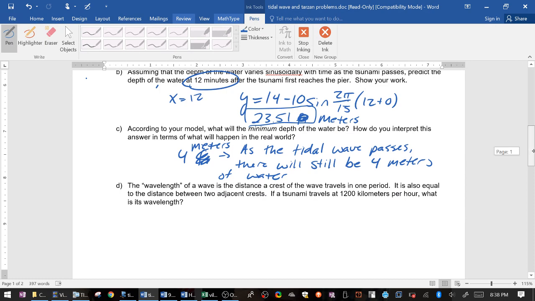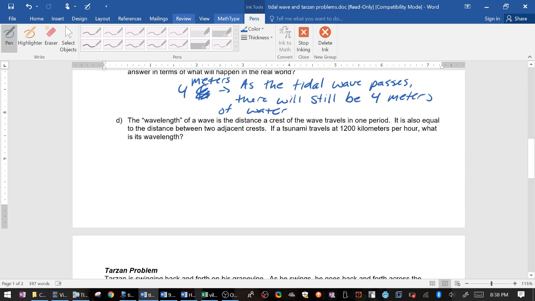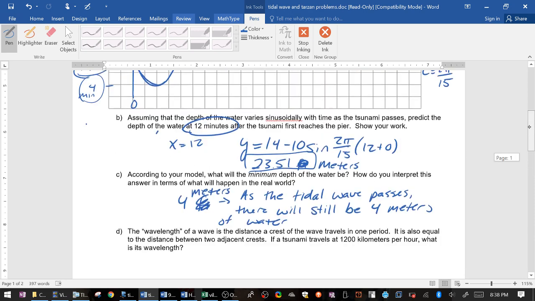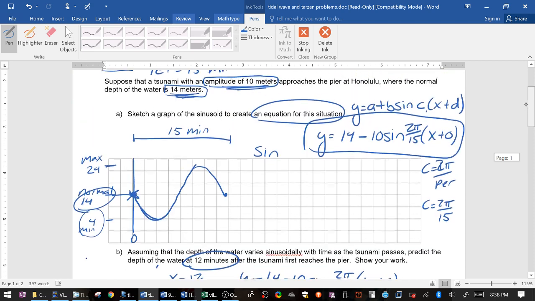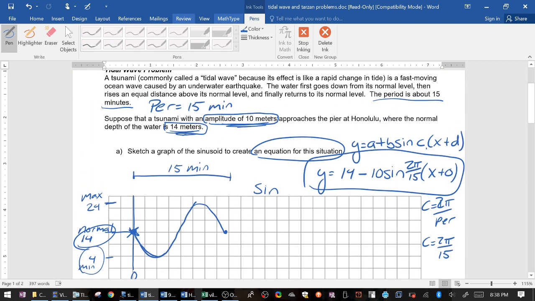Okay. And then D is just a thinking problem that I want you guys to try. So our biggest focus today is taking the information that they give you guys, plotting a really rough sketch of the graph, and turning that sketch of the graph into a function so you guys can use it. Okay? So I did this one for you guys. I want you guys to finish